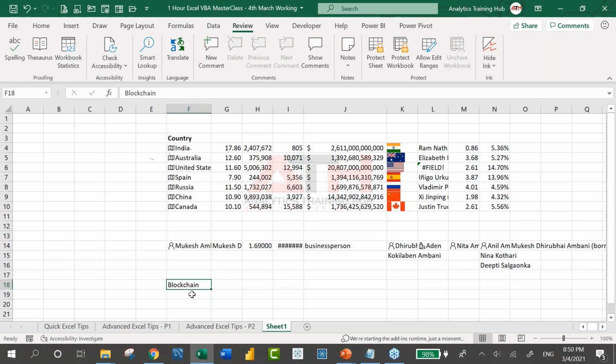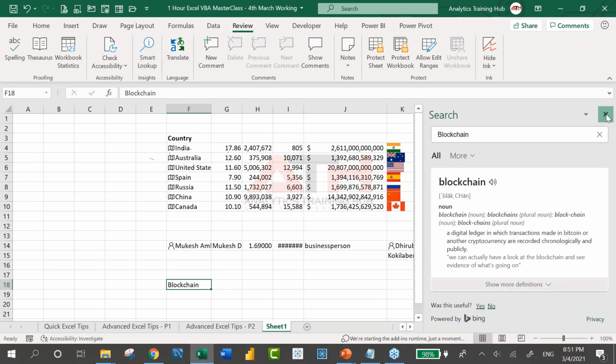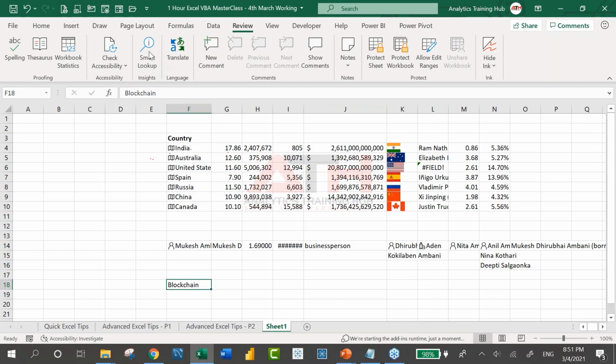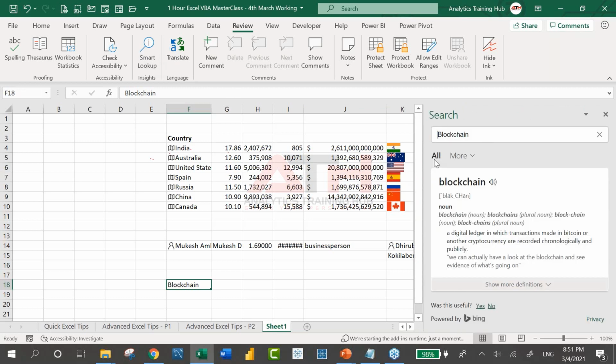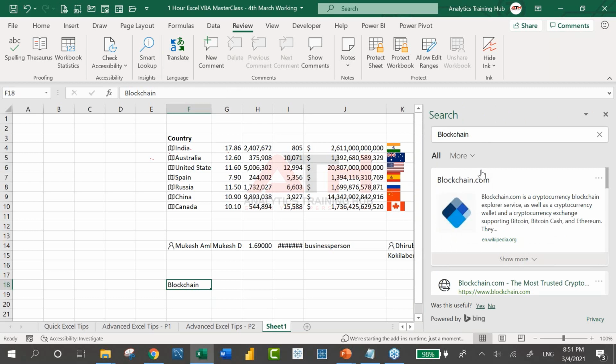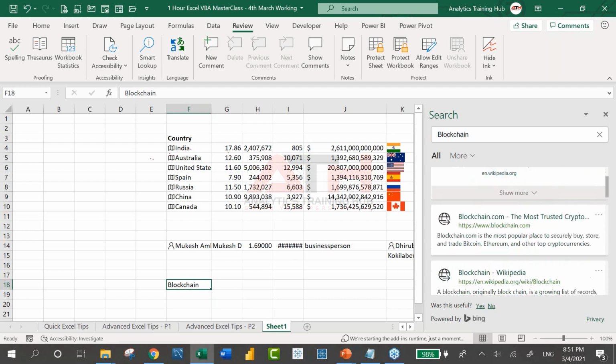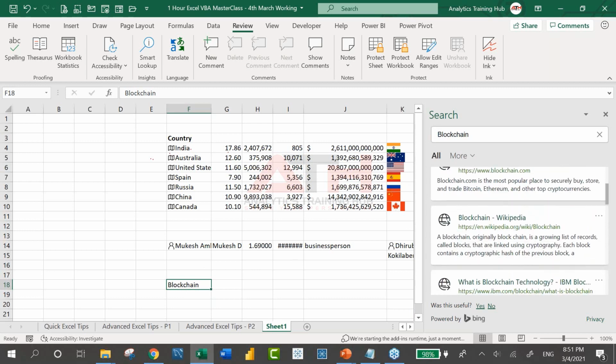Once I type the word, simply come to the Review ribbon tab and click on Smart Lookup. Sorry, not Translate, my bad, Smart Lookup. I got confused with Translate. It is going to use Microsoft Bing to search that topic, and you can read here. You can see all the web links available here.